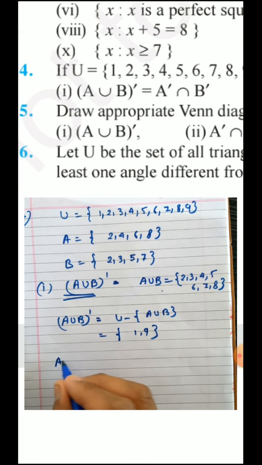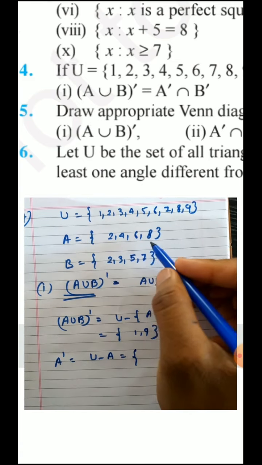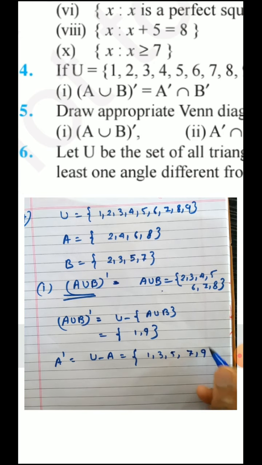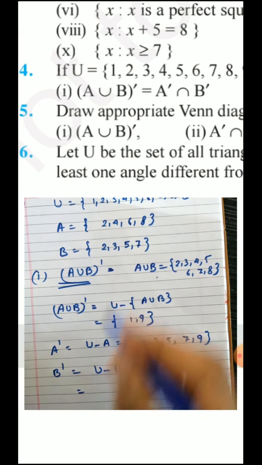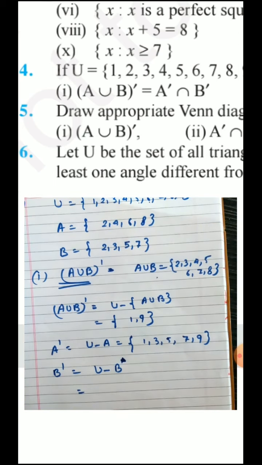At first you can find A'. A' means the universal set minus A, so you will remove 2, 4, 6, 8, leaving 1, 3, 5, 7, 9. Now B' means the universal set minus B. Set B is {2, 3, 5, 7}. You will remove 2, 3, 5, 7. What will be left is 1, 4,